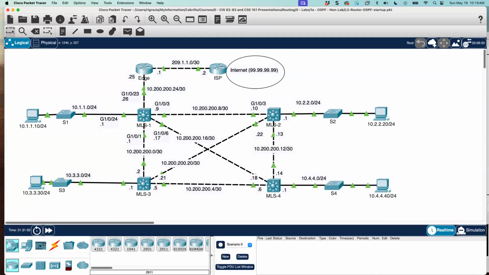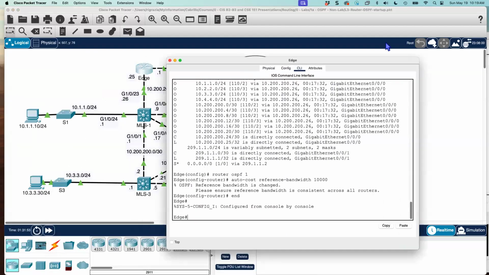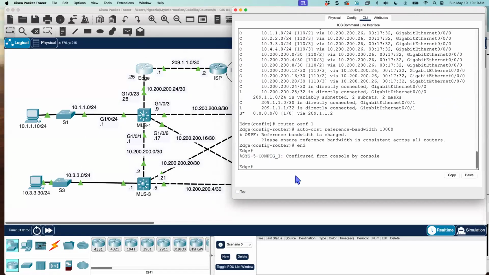Let's go to, let's see which one I'm going to be changing here. Let's go to Edge. Let's do it on a router. See, same thing. It's all the same, router or layer 3 switch. Okay, what I want to show is this. I'm going to do show IP